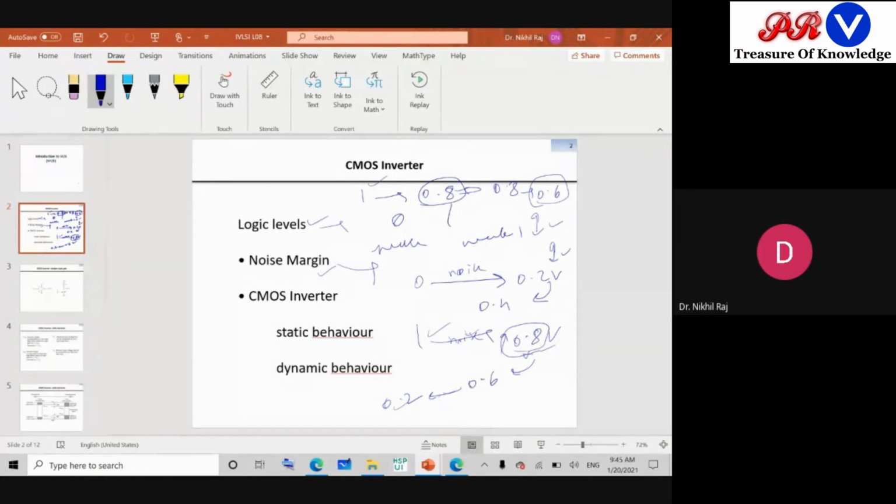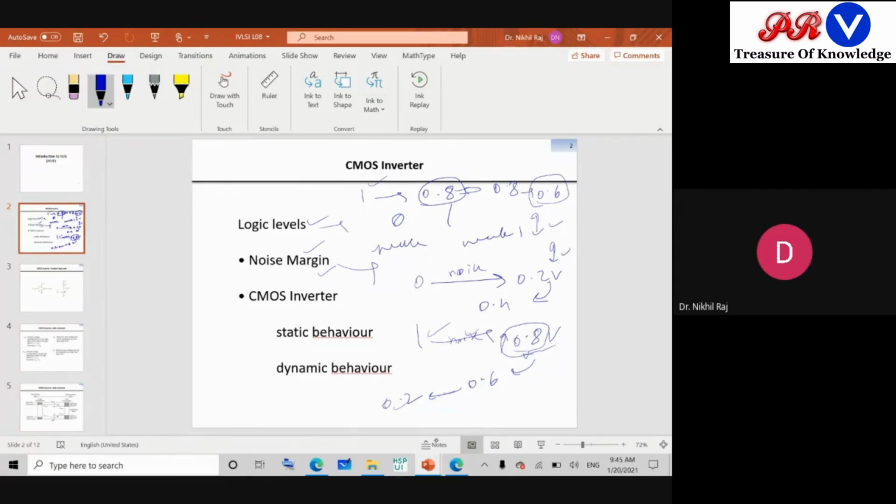But it is not in the user's hand to say, okay, according to my convenience this is logic 1, no no, this is logic 0. There must be some uniformity among all the students. So we say consider 4.5 volt to 5 volt as logic 1. So these things are decided. Every logic has its own noise margin, and generally we emphasize having more noise margins. So we're going to see how noise margins are computed for a CMOS inverter.